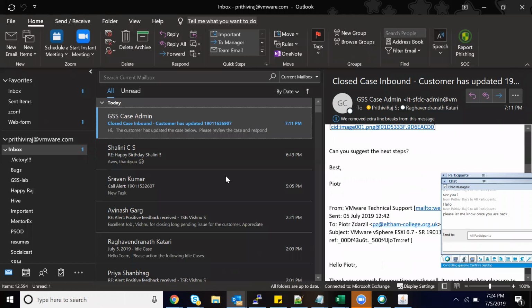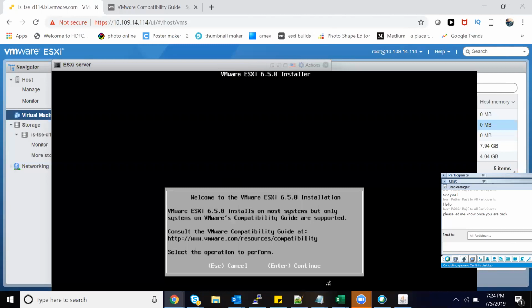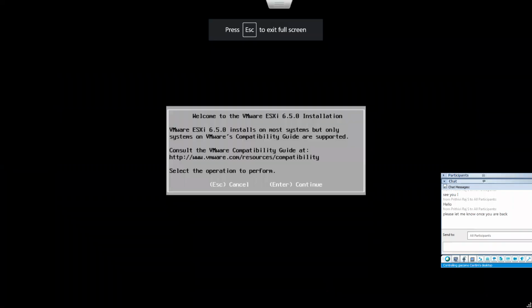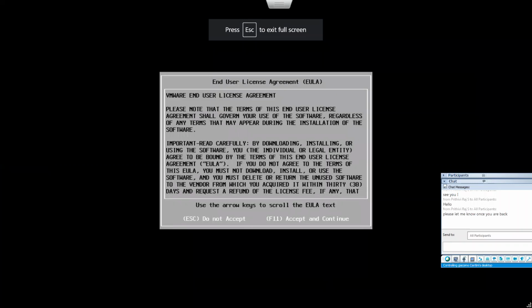I think there is some issue in getting the screen. Can I stop and share? Ideally it should not happen. I got it now. I stopped it. Now we should see. Yeah, I can see now.